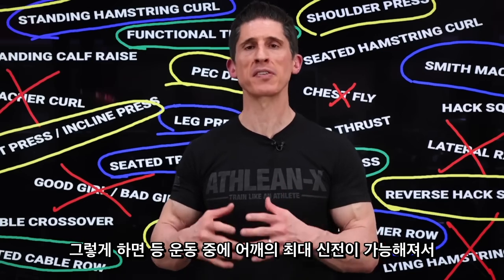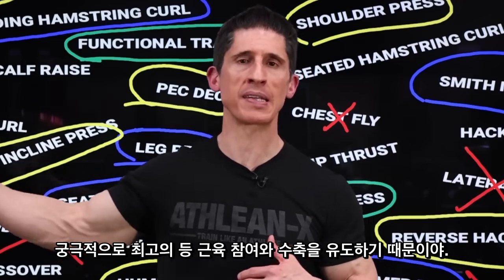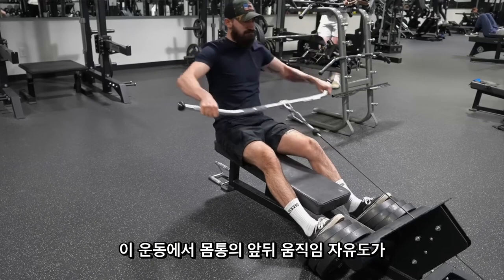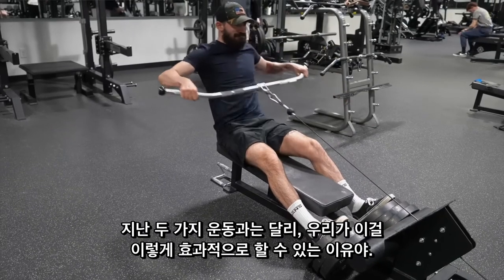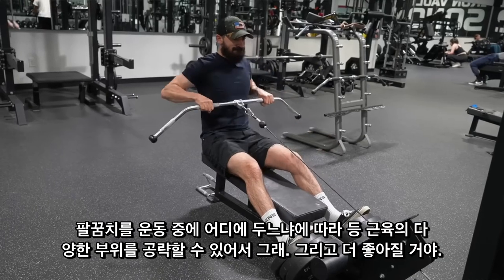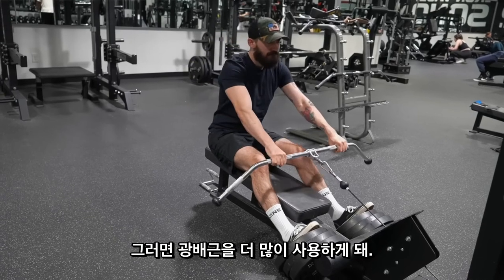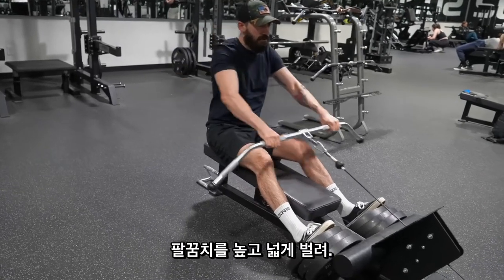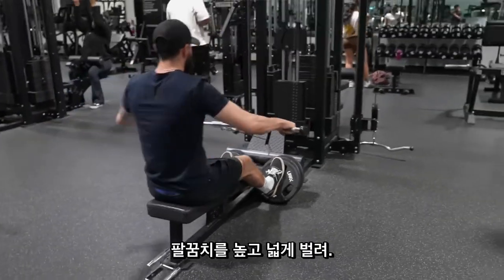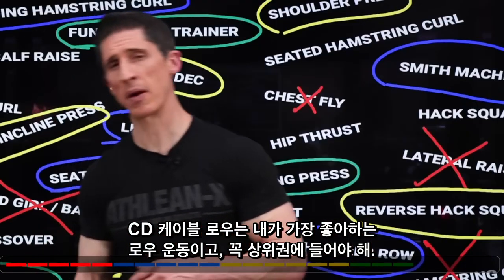Because doing so allows for the most extension at the shoulder during those back exercises that ultimately leads to the best engagement and back contraction. The front to back freedom of movement of your torso in this exercise, unlike the last two we covered, is the reason why we are able to do this so effectively. Throw in the fact that we have the versatility of being able to hit different areas of our back depending upon where we carry our elbows during the exercise, and it gets even better. Keep them nice and tight and low, you're going to work more of the lats. Keep them up high and wide, you're going to work more of the upper back thickness. The idea is the seated cable row is my favorite row, and it belongs up here in the almost best